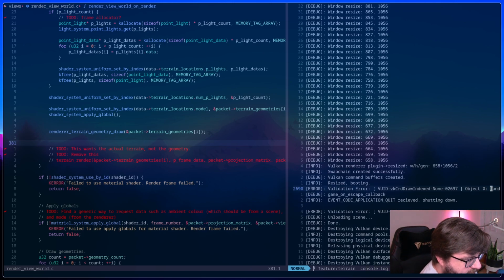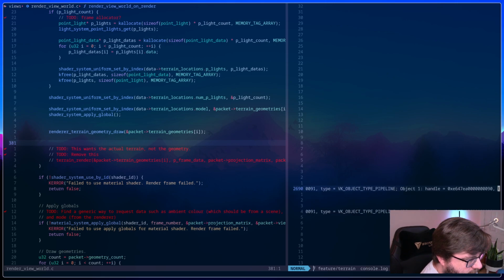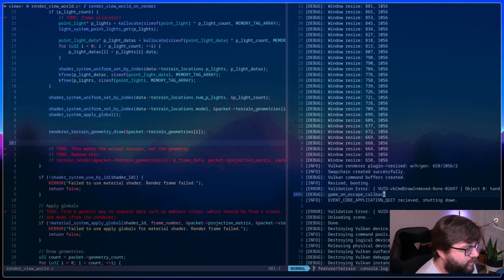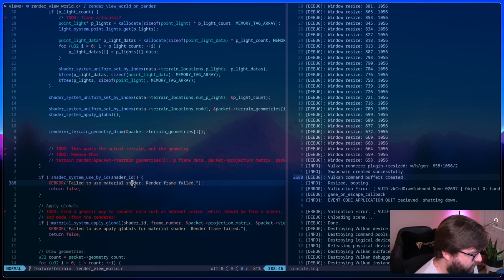Yeah, these are all the window resize events. Pipeline layout statically uses a descriptor set, index 1, which is not compatible with the correctly bound descriptor sets. Pipeline layout 0. Why did I only get that message twice, though? I would think if that was an ongoing thing that... Let me run this one more time without breakpoints.